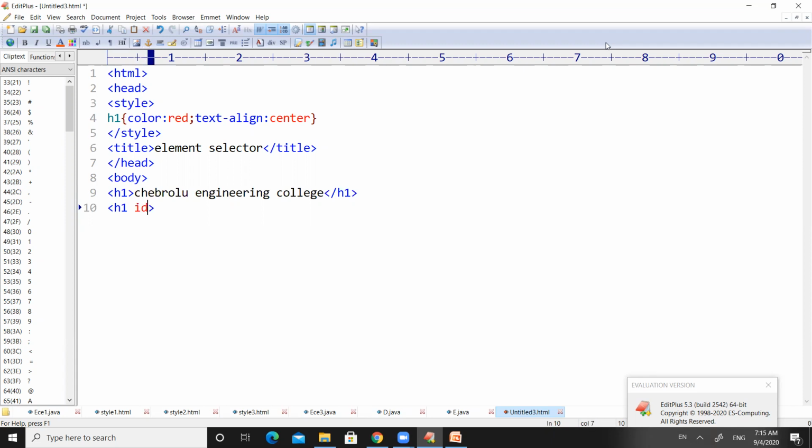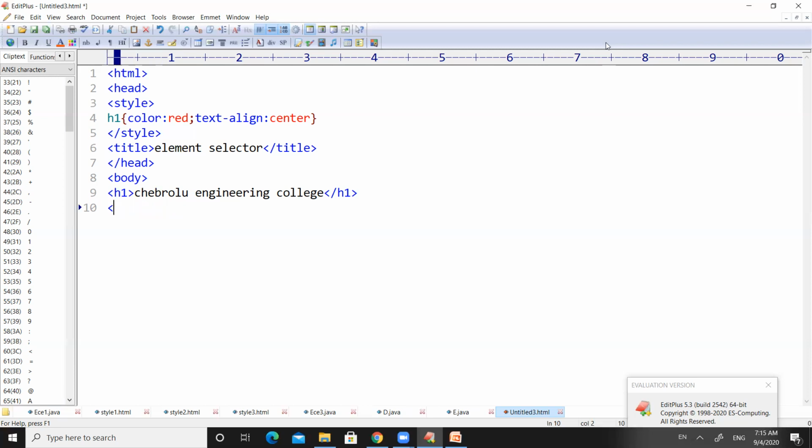Here there is no need of taking an ID, because it is not an ID selector.